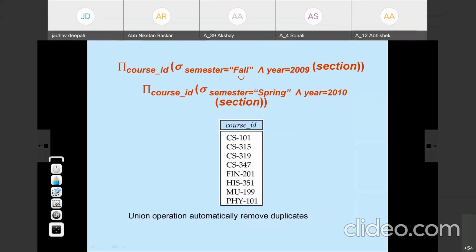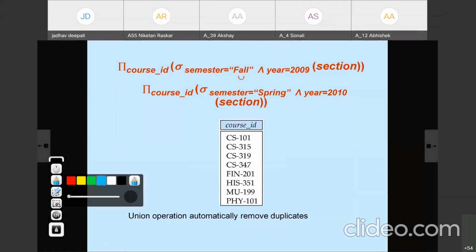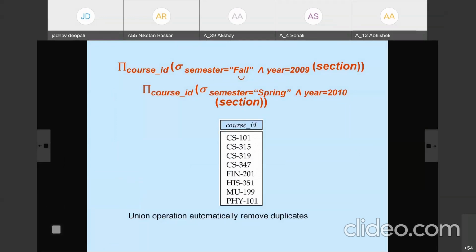You can observe here, this is the result of this query. All the course IDs appear only once. Why? Union operation automatically removes the duplicates. That is about the union operation, which is a binary operation.